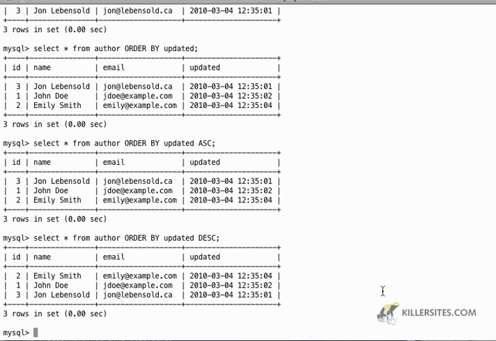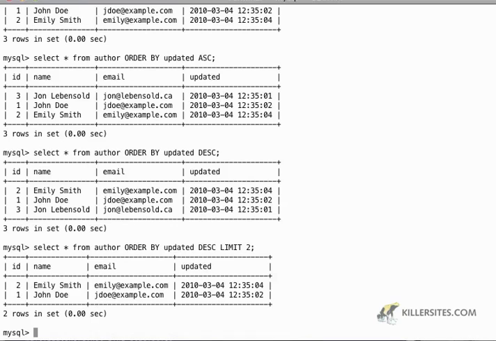So for example, let's say you had some kind of log sheet that you were trying to track, or you had an auditing table in your database schema. It would be very easy for you to generate reports based on the updated column. You could even do limiting. You could say, okay, I want it ordered by the last value, and I want to limit it to the last two records. And then it's going to give me the last two records in this particular